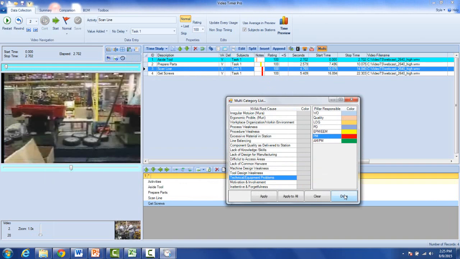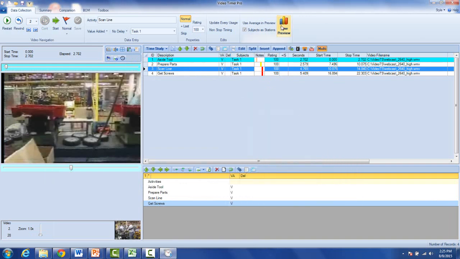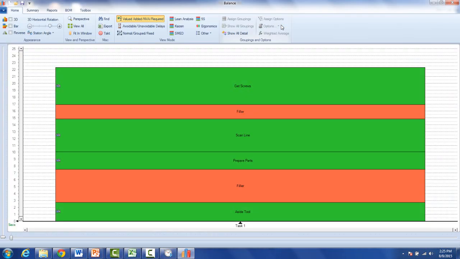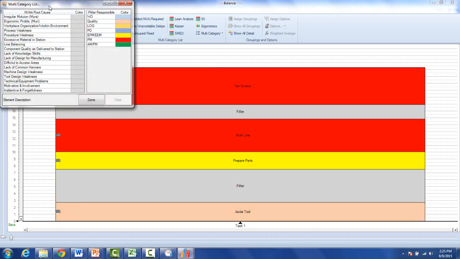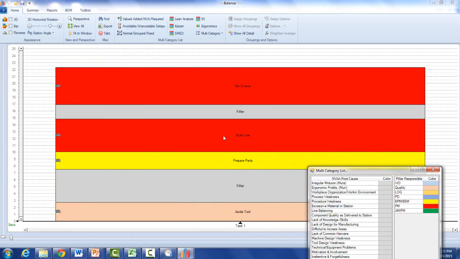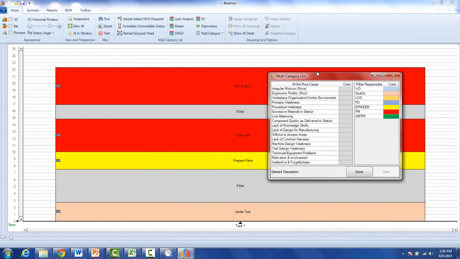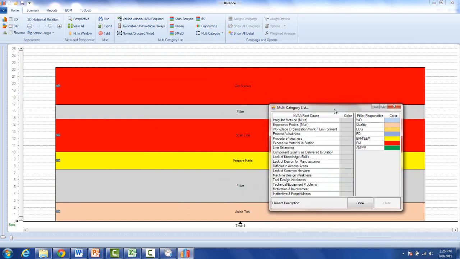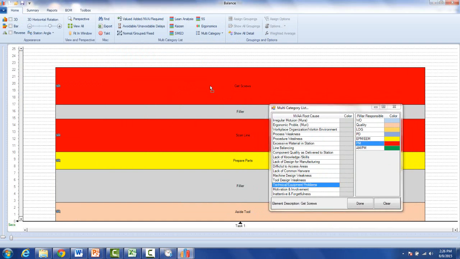Now, the nice thing about this too, when you pass this over to your time preview, so I'm passing over here into my balancing area now, it looks just like the regular one here, but then I can go to my other, and you'll find here's the multi-category list. I click on it, and it brings up the color codes that I've assigned to it right here. Right? Now, if you want to see the specific selections that are made on it, you just click on the one. So I'm going to click on the Get Screws here, and it shows me it's Technical and Equipment, and